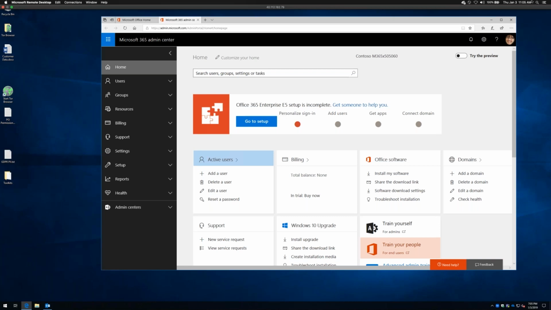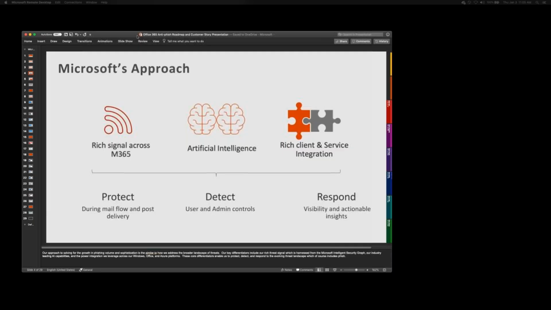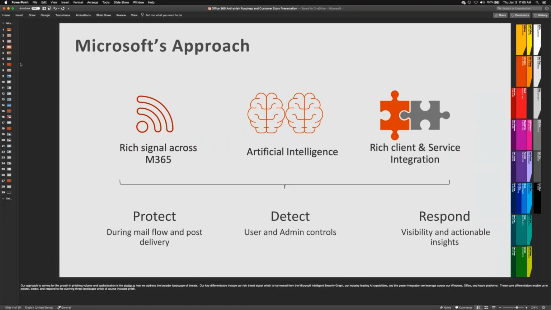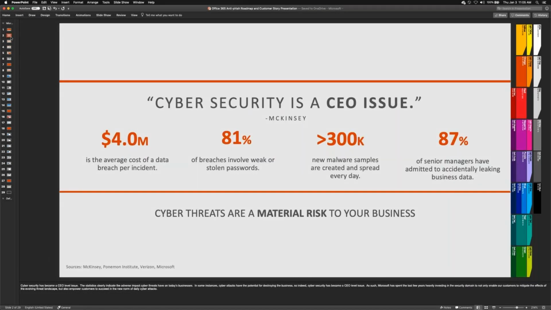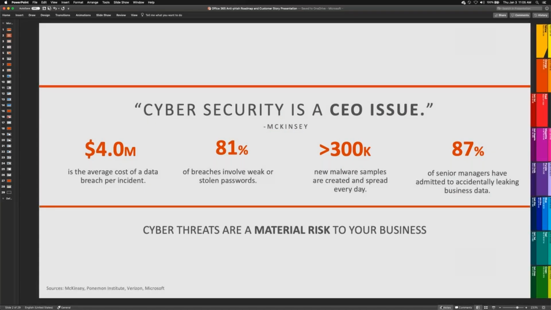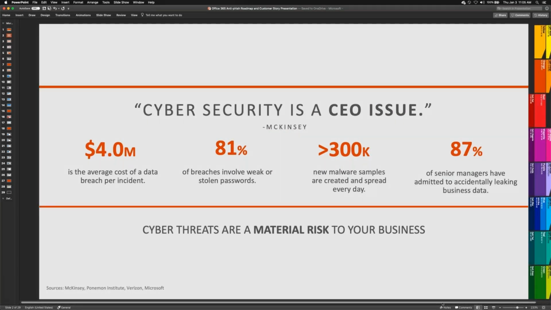Before I go there, I could certainly make this available to Sean, and he could put it somewhere where you can download it. But I want to show you a PowerPoint real quick. So let me minimize this and move this over here to the screen. I want to show you just a couple of PowerPoint slides on this topic, because I think it's important that we really understand just how urgent email-borne threats really are.